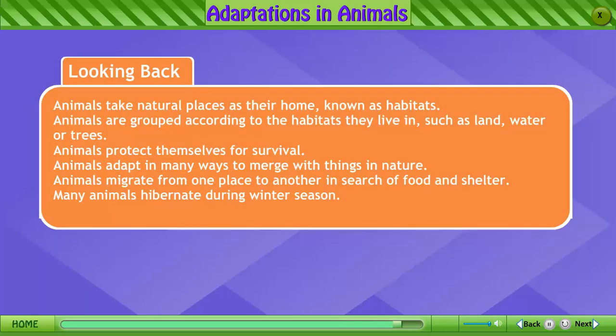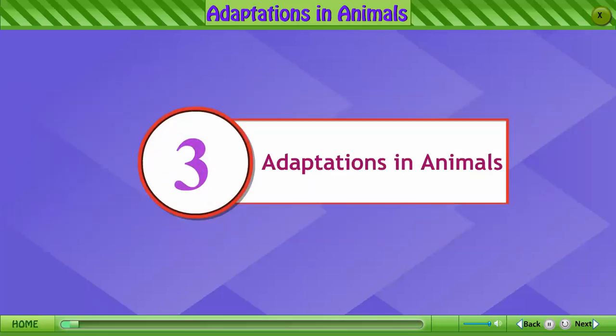Looking back, animals take natural places as their home, known as habitats. Animals are grouped according to the habitats they live in, such as land, water, or trees. Animals protect themselves for survival. Animals adapt in many ways to merge with things in nature. Animals migrate from one place to another in search of food and shelter. Many animals hibernate during